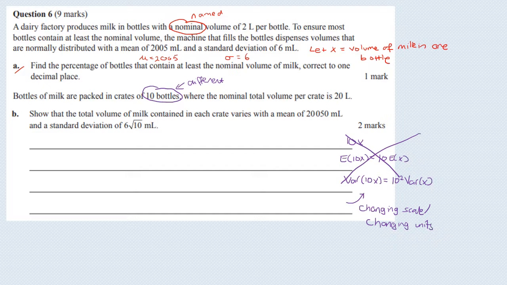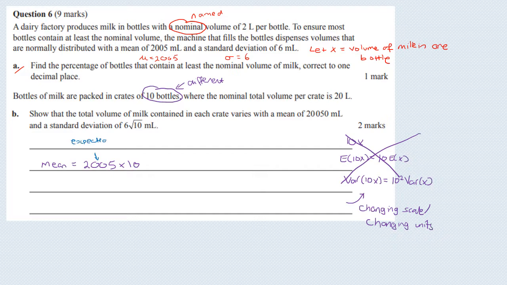So what we do in this case is that to get the mean, we just say, okay, the mean initially was 2005, and I need to multiply this by 10 because I would expect this 2005, which we can also call the expected value,